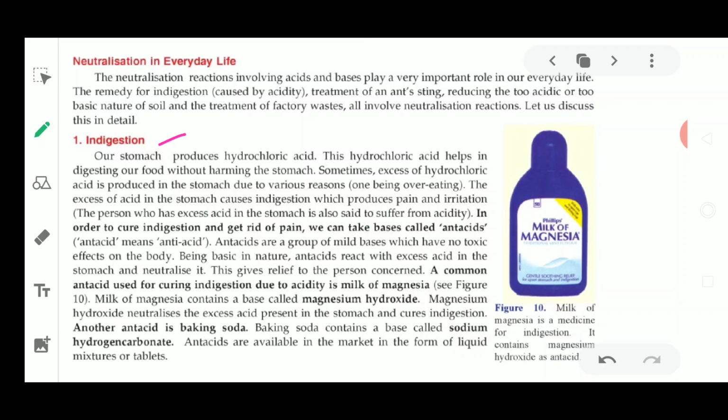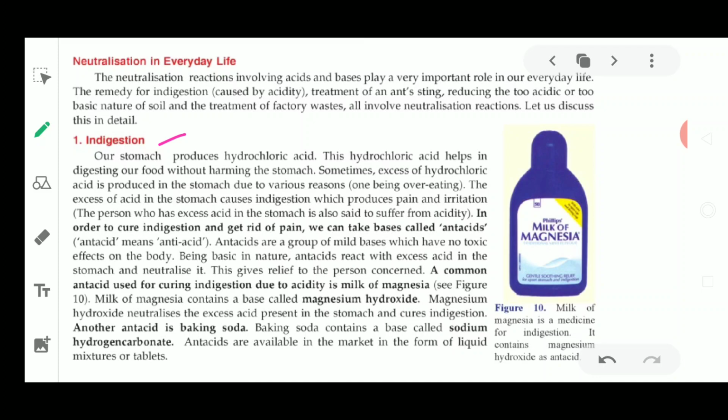No matter how much cleanliness you practice in your home for cooking your food, some of the bacteria still go inside your mouth when you open your mouth for eating. These bacteria are killed by the acid which is produced in the stomach, that is hydrochloric acid. And you know that hydrochloric acid is a very strong acid, because it is a mineral acid. It is one of the mineral acids which is produced inside your body.